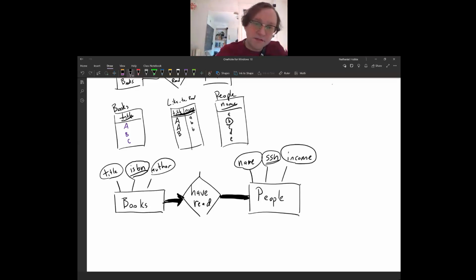And just because, I'll put date here. That's the date that the person read the book, that they finished the book, whatever. Okay, so that is the ER diagram, and I would like to give you a couple of minutes to figure